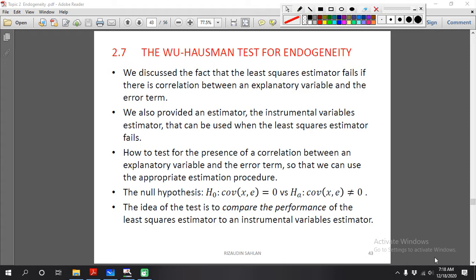For the test of endogeneity, we discuss using the Wu-Hausman test, which is very popular. For this test, we want to test the presence of correlation between the explanatory variable in our model and the error term.